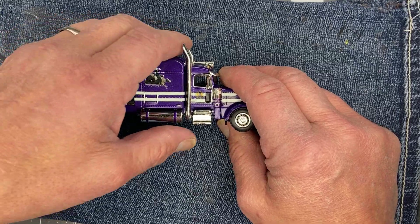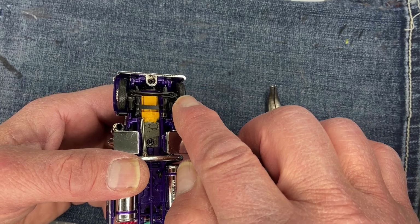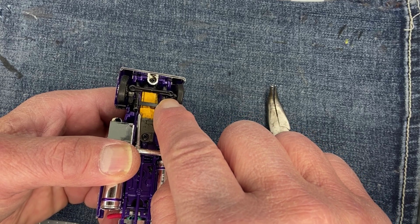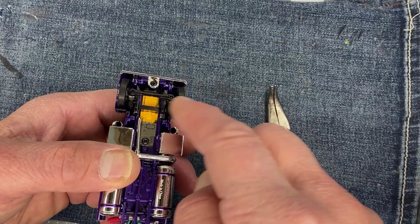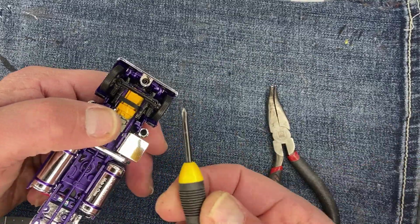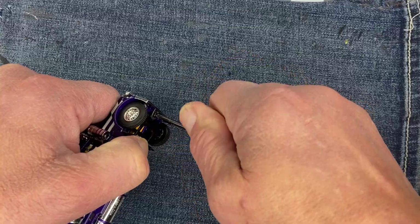So without further ado, we're gonna flip this bad boy over, and I've already popped these a little bit, but really all we're gonna do is flip these two spindles. The reason for that is the spindle right here is short and the other one is long, and we're just gonna flip them over, swap them from side to side, and then the whole front end is gonna sit lower to the ground. We're gonna take this screwdriver and remove this front bumper and get it out of the way,